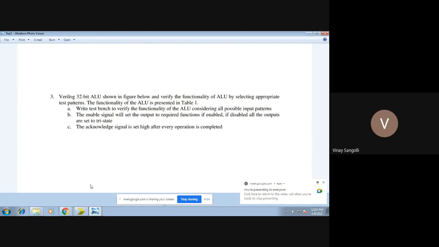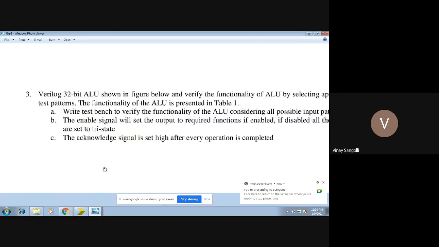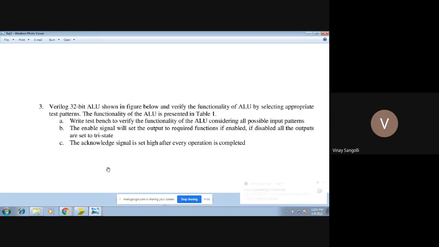So today we'll move ahead and start with your next experiment, which is experiment number 3. In this experiment we'll be studying your ALU. You can see here we'll be studying your ALU, that is nothing but your arithmetic logic unit. Now, let's have a look at what has actually been prescribed in the syllabus.